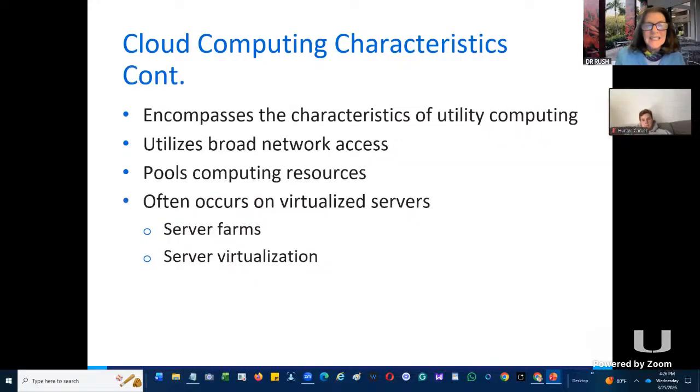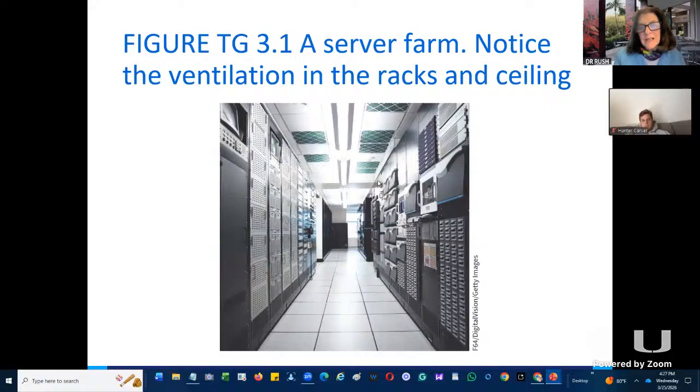So in that case, what they have here is you're going to pull computing resources together so you can have what they call server farms. What does it mean? It's not a farm with cows and chickens, but rather big data centers with a number of computers. And a number of those computers, they can even put within one computer, it looks like maybe 10 computers within it. That's virtualization.